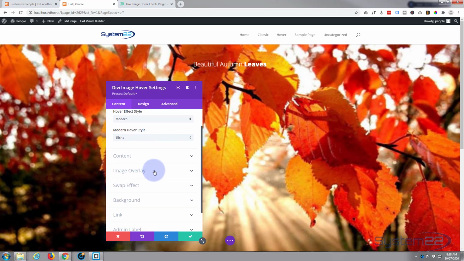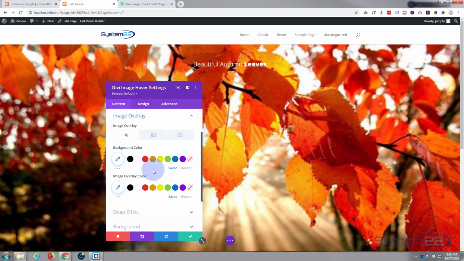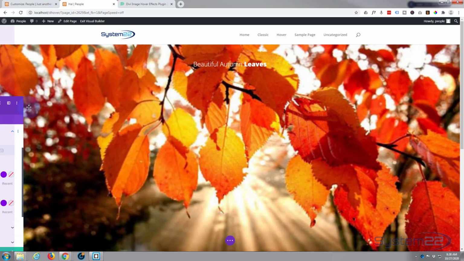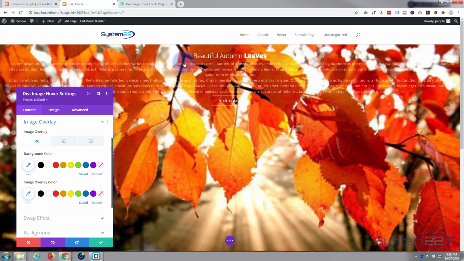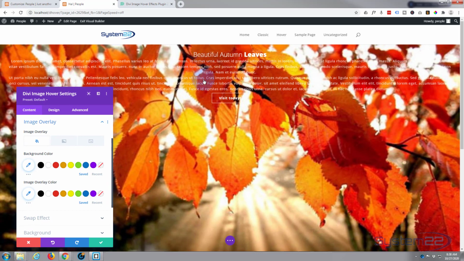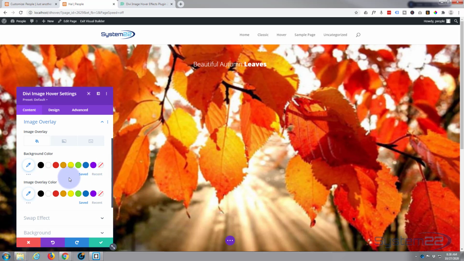Image overlay. Well, I want an image overlay so we can read everything nicely. I mean, you can read that, but the text is getting lost in there. The button's okay, but we might style that button a bit more. So image overlay color, I'm going to hover over it and do one for when we're not hovering over it,